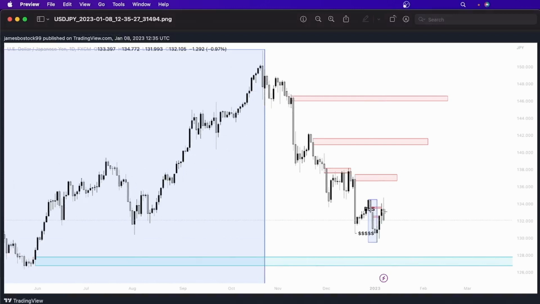So this break of structure, to me, confirms that we could now be seeing a move back up, tap one of these zones, introduce enough supply to then move lower, which longer term we'd like to see this demand zone tapped, mitigated, and cause that reversal to continue bullish longer term. That may not be the case. Maybe price breaks structure here. We then just continue higher for a very, very long time, invalidate these, so on and so forth.